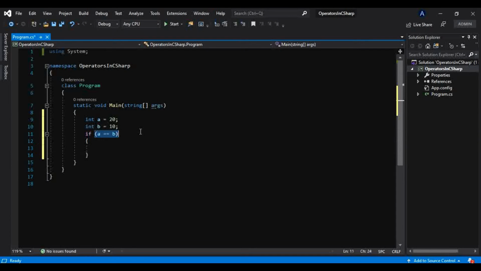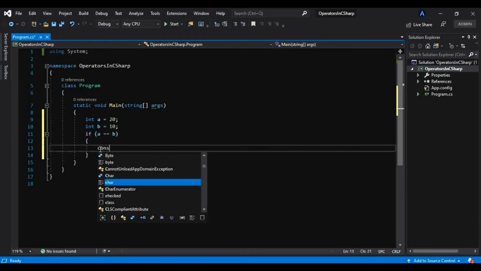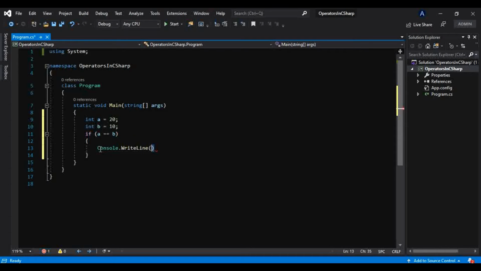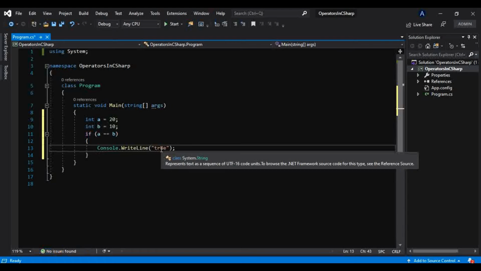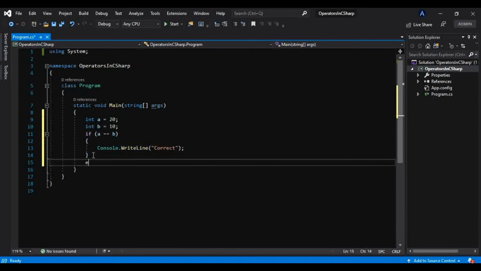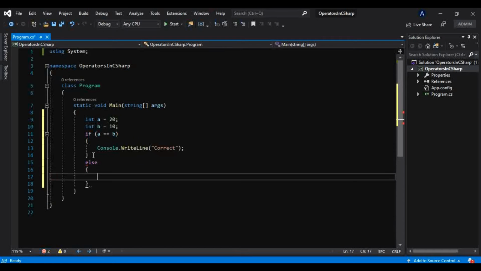If it is true, I want to print, let's say, Console.WriteLine, correct, and if not, I want to print incorrect.